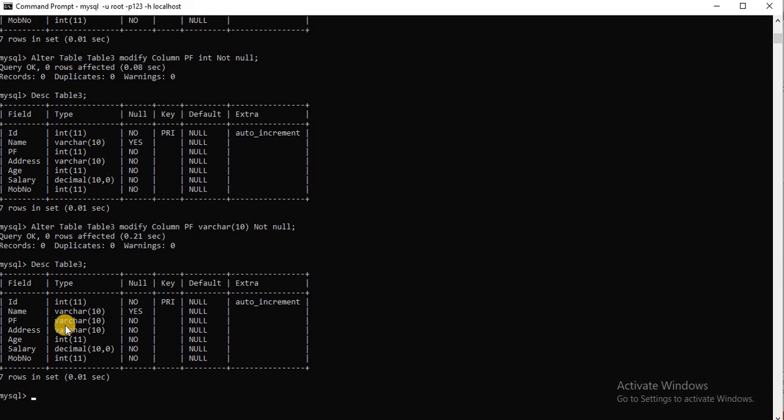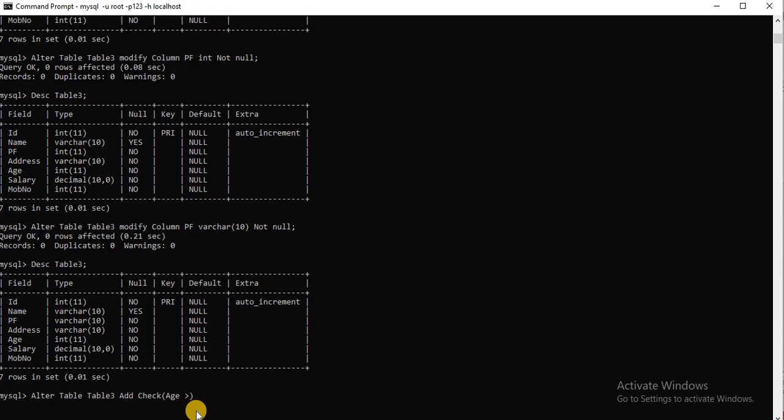Okay, now I want to add a check constraint, because a person who is born is always older than 0, and he lives not more than 100 or so. So I use that for the check constraint. I write the check constraint like this: alter table 3 add check, which column, age column.